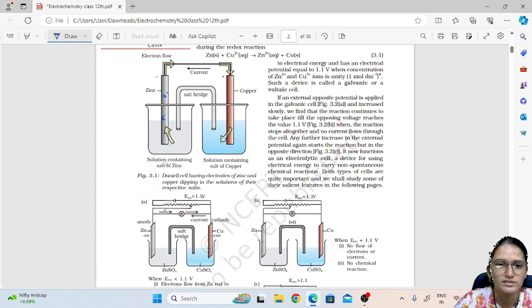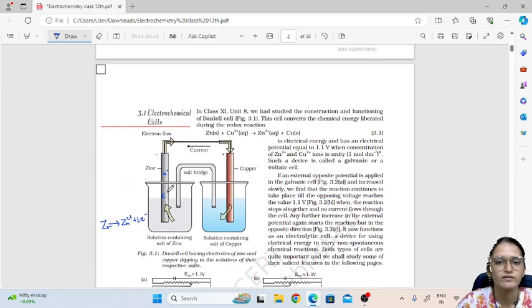At the anode there is one reaction: zinc loses its electrons, that is, zinc is converted to Zn2+ plus 2 electrons. It has the tendency to lose 2 electrons, so zinc loses 2 electrons and forms Zn2+, meaning zinc now has a plus 2 charge. Those 2 electrons lost by zinc will go from the anode towards the cathode, through this circuit, and will deposit on the copper.